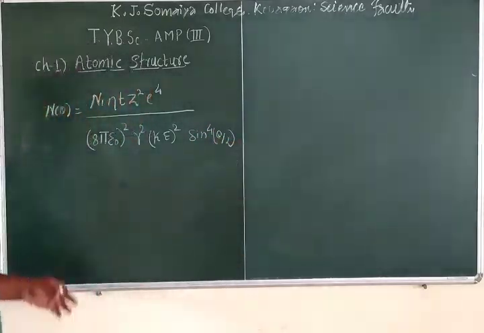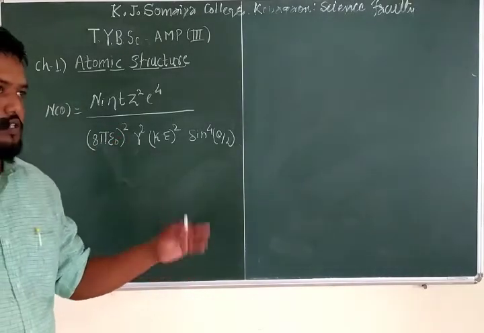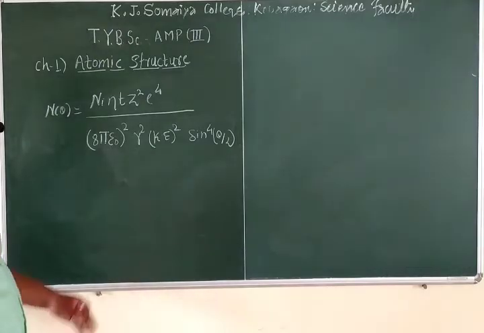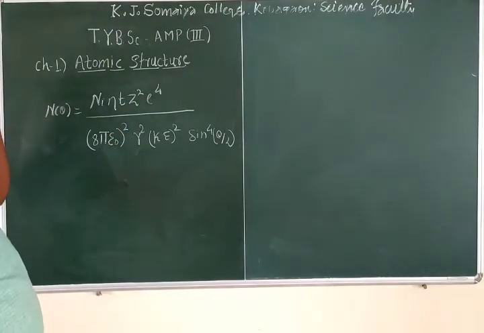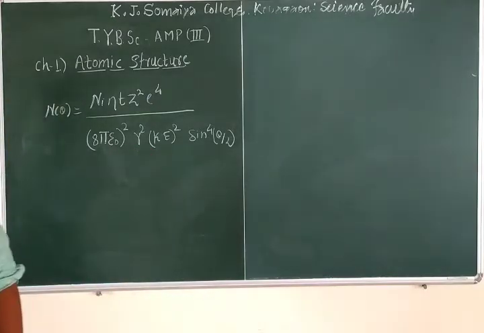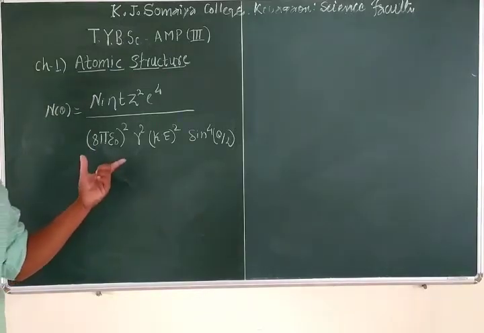In the last lecture we saw this formula, where N(θ) is the number of alpha particles reaching the screen per unit area, Ni is the total number of incident particles that reach the foil, n is the total number of atoms per unit volume, t is the thickness of the foil, and Z is the atomic number. K is the kinetic energy of the alpha particle, and in this lecture we want to find the distance of the closest approach.